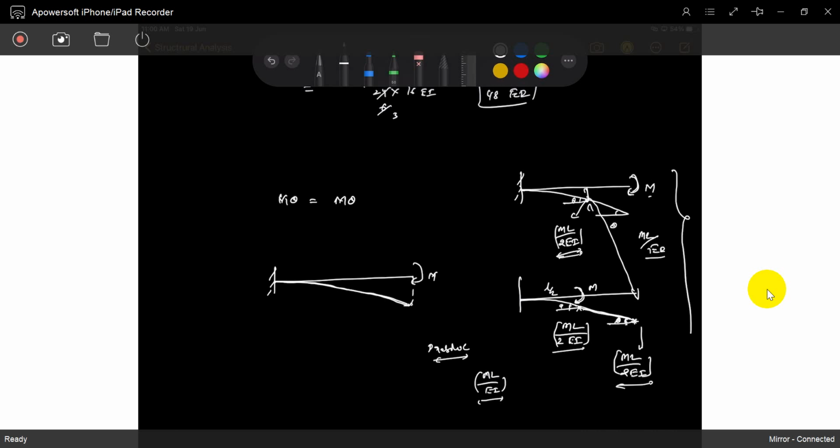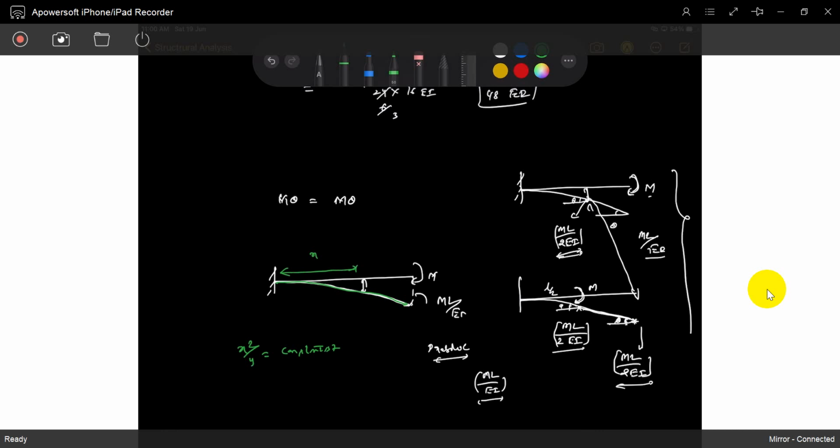So grading. If you know this is ML by EI, what is this value? This is a line of parabola. Na? This is a line of parabola. Can you identify? How can you find? By the mathematics, the parabolic equation. So what is the parabolic equation? X square by y is a constant, or y square by x is a constant. I understood. So what is this? It is x.